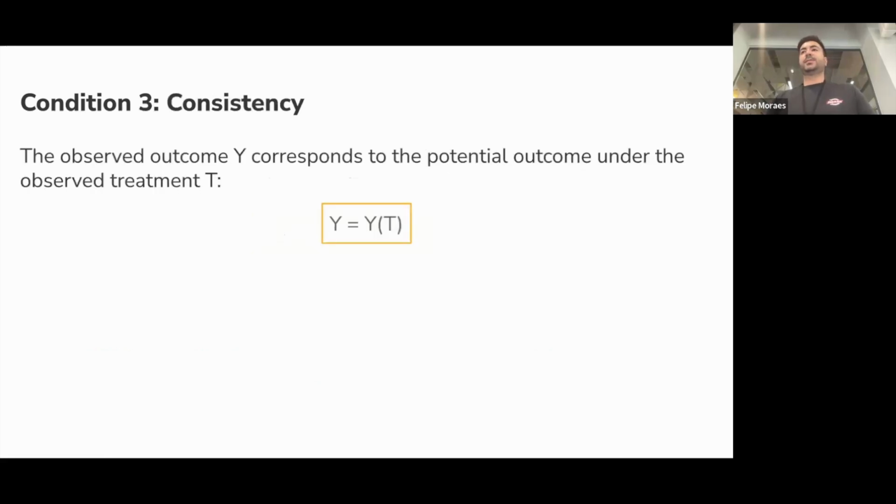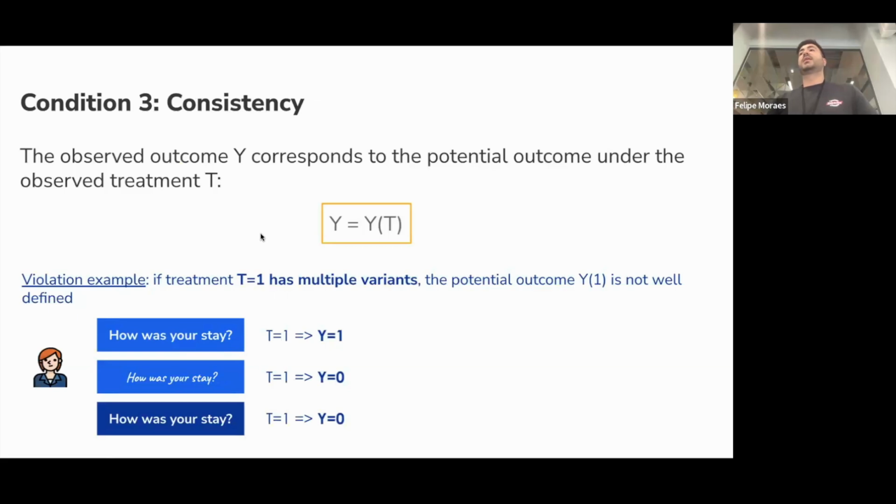And the third condition we call consistency, where the treatment doesn't have variation between units. So there are no degrees of the treatment. An example is, let's say I want to test the color blue, but each of you has a different browser, right? In the past, I don't know nowadays, you could render those things differently in the browser. And you might end up having different versions of the treatment that you want, even though everything is blue, but you might have rendered that button differently. And this is where you have different degrees of your treatment.